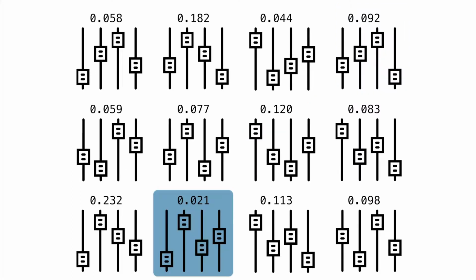But now, of course, you don't do this once. You're doing this over and over and over again until you run out of money, you run out of time, you get bored, whatever, until you need to give an answer to your boss. And at the end of the day, you take all these configurations, each one of them corresponding to a trained model, and you pick the one that's the best, the one with the lowest error. So in this toy example, that's this guy here.